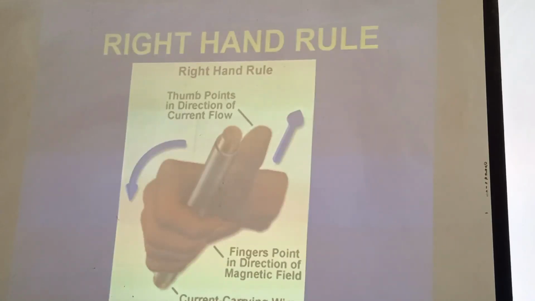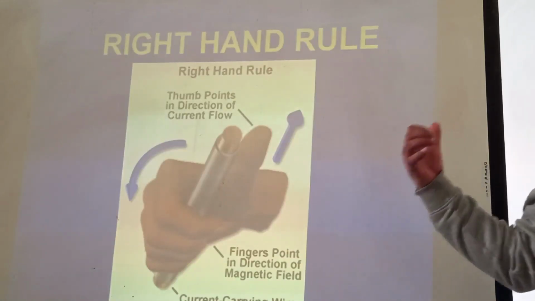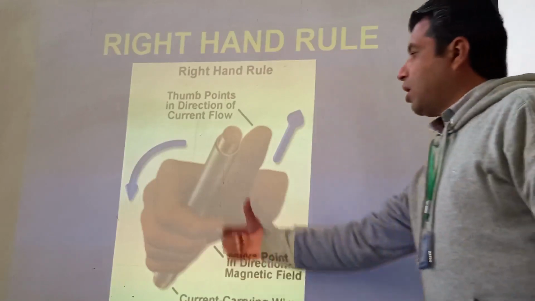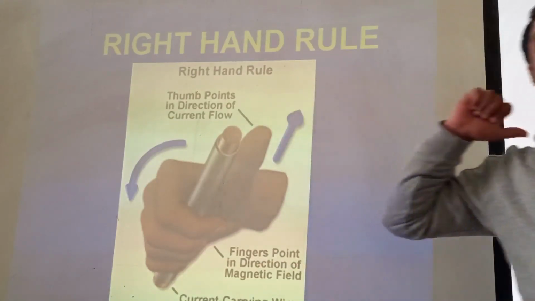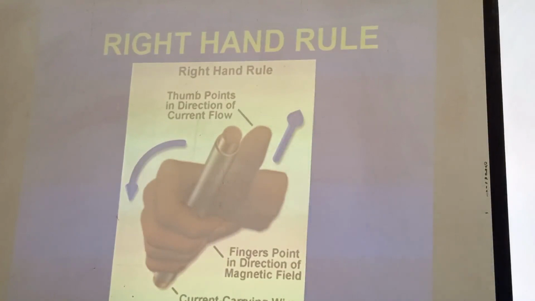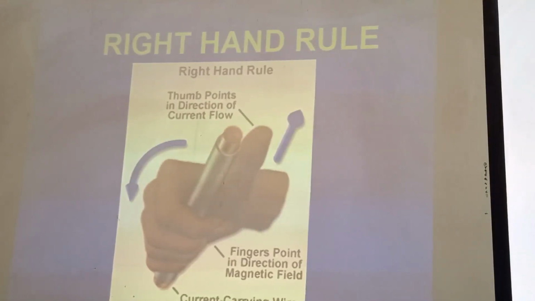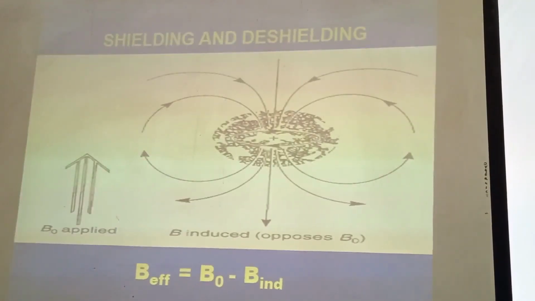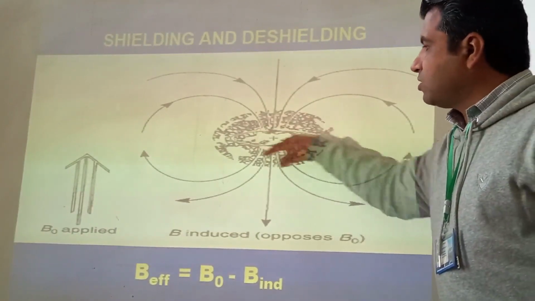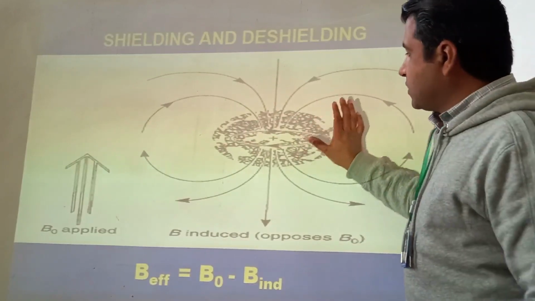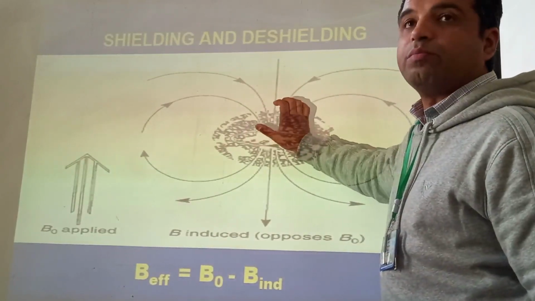Now, how can we determine the direction of the lines of the induced magnetic field? That again is from the right hand rule. If the thumb of your right hand points in the direction of the flow of current, then the curved fingers will point in the direction of the magnetic field. So let's apply this rule to this diagram. You can see here, this is the direction of the flow of electrons, or the current, right? If this is the direction in which your thumb points,